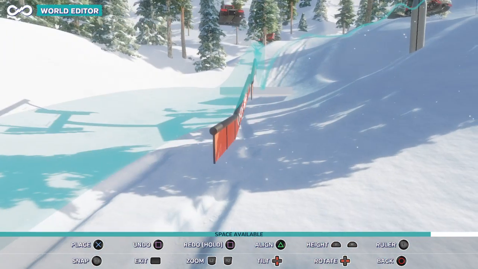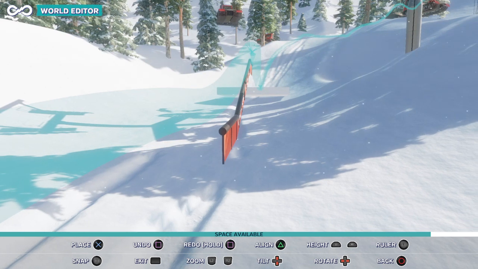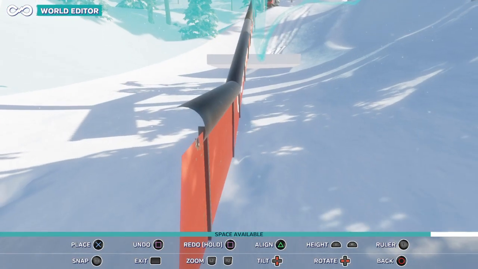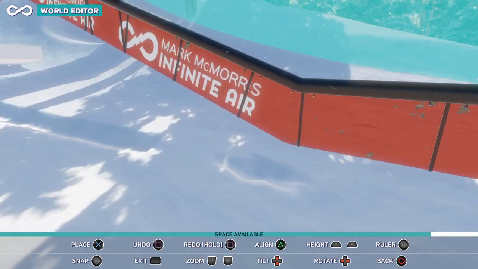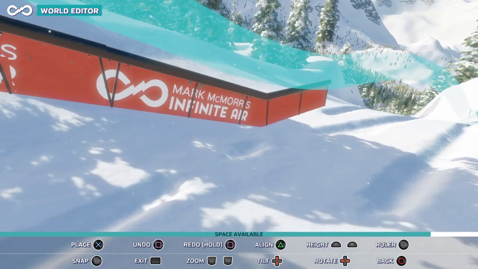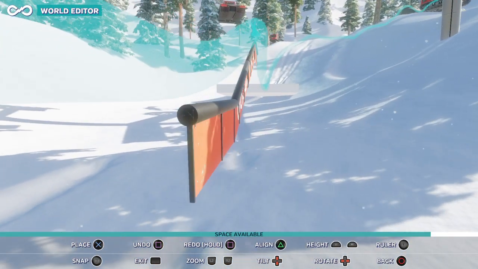I'm not changing any angles. I'm not doing anything like that with the pitch of the rail. I'm just changing the direction of it a little bit. I'm going to go back. Look this way. That's